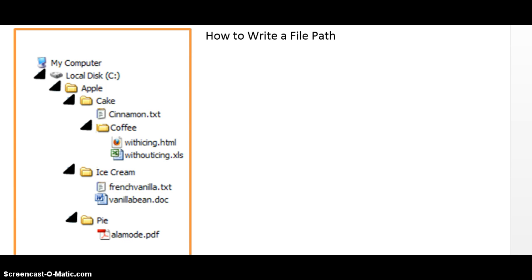So, let's get ready to write a file path. Let's review what we've been learning in class about managing our files and our folders on our hard drives or our flash drives. Our file paths are a key ingredient to helping you keep track of your files. It is a tool and a roadmap so that you can share with someone or keep a listing of where